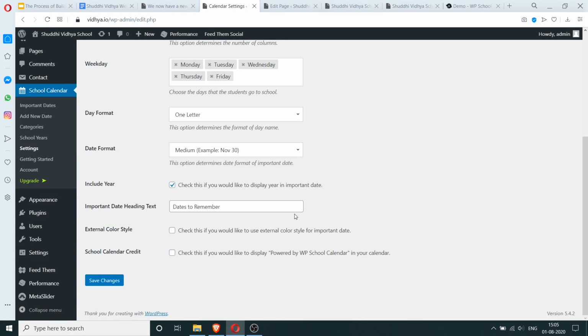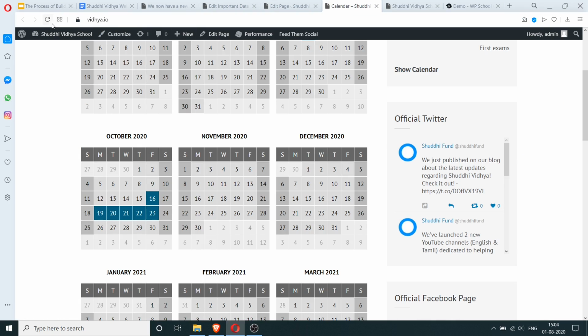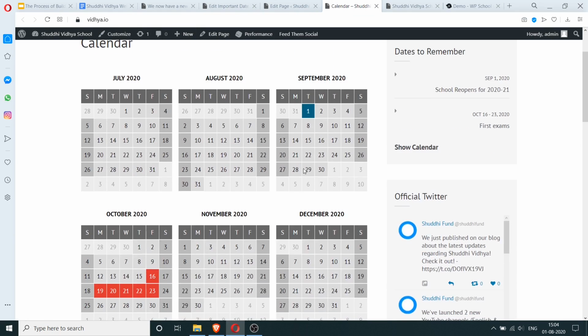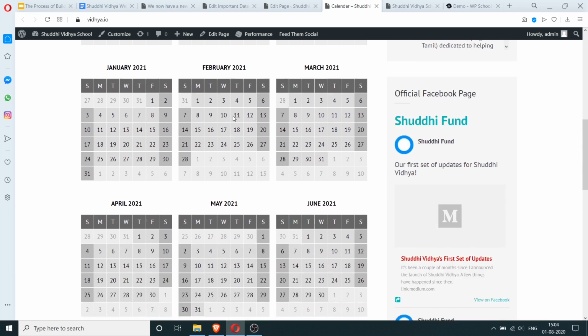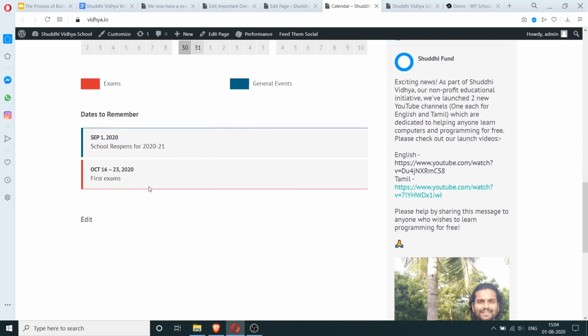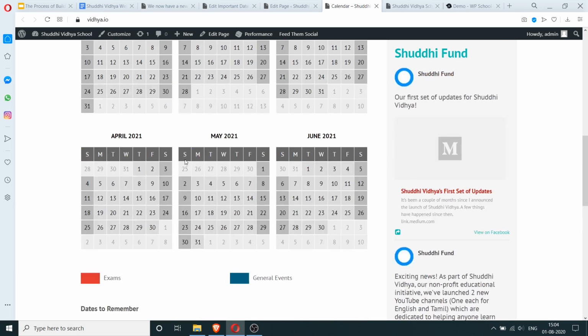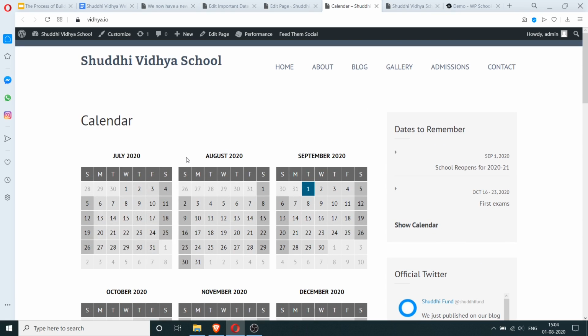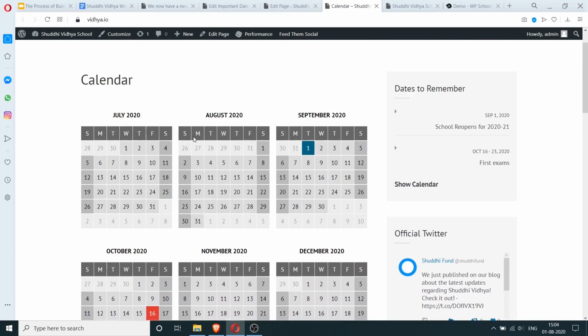So to fix the color issue, I just had to uncheck this part and it was showing me those colors. Let's refresh this now. Okay, so now we have the color coded markings on the calendar indicating different events, and we have these events listed down here. So there was some issue with the widget which I had to fix, and now it's showing me these things.